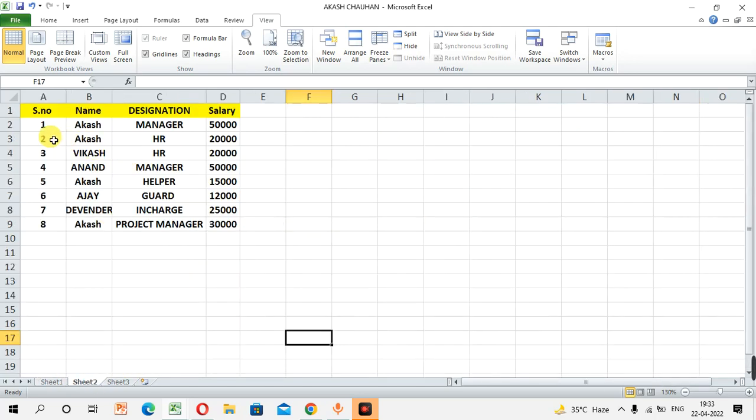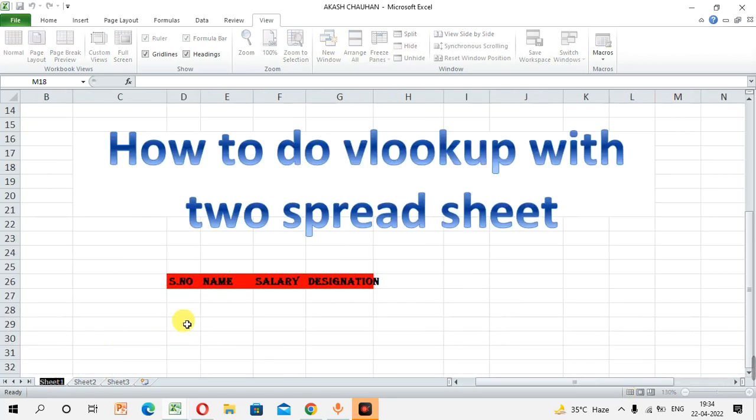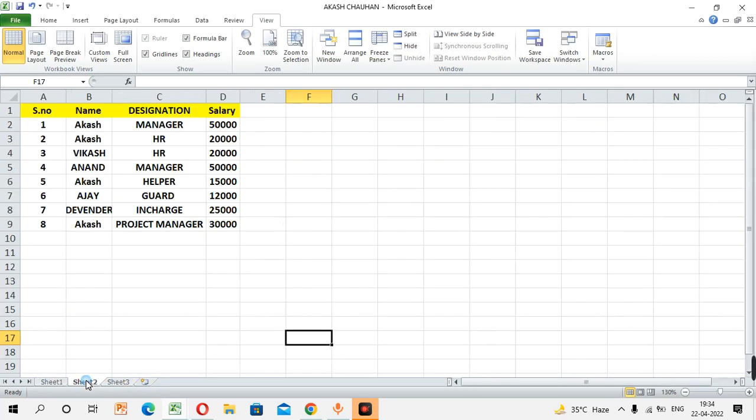First of all, suppose I want to retrieve data of serial number 1. In a company, usually the indexing of employees is done with employee ID. So we can use the serial number as well as the employee ID to retrieve the data of any employee. So how can we do that? First of all, suppose I want to retrieve the data of name, designation and salary with indexing serial numbers. So how can we retrieve that?